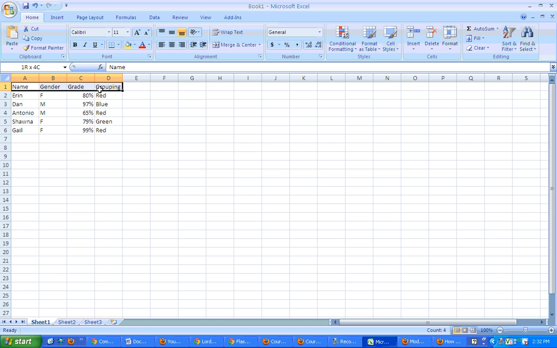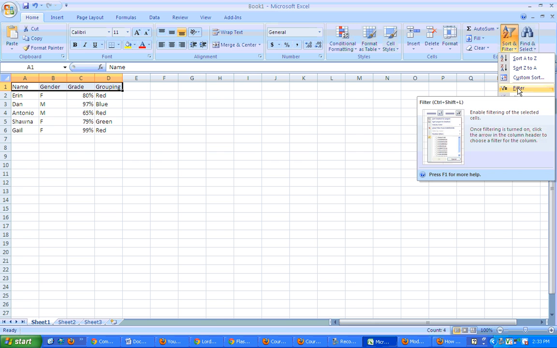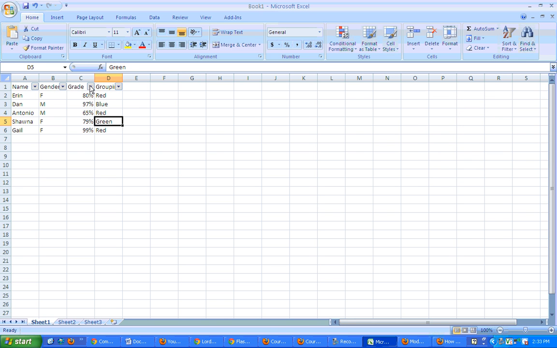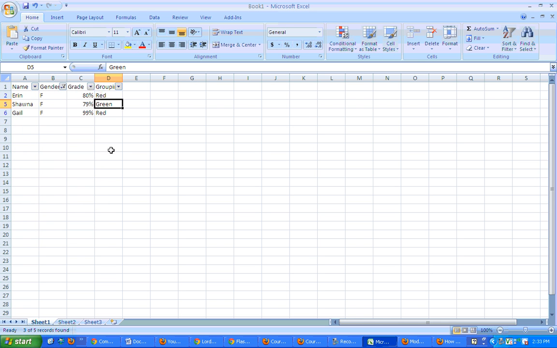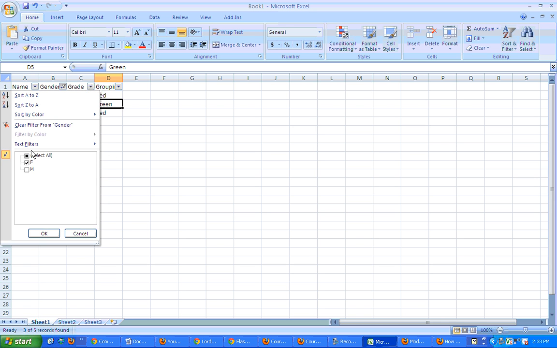And now what I want to do in order to create the filtering is highlight my headings, come over here to the right where it says sort and filter, and click on filter. Now you can see I have arrows on each column. So if I want to sort by female, I uncheck male, and I have all my females. If I want to undo that,